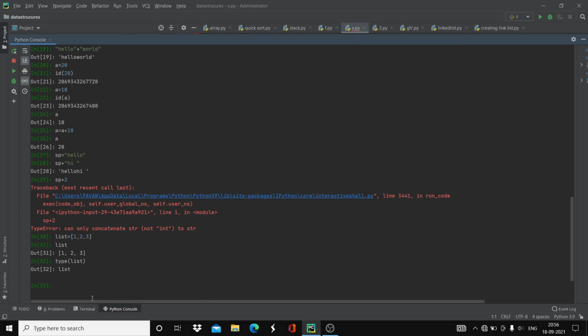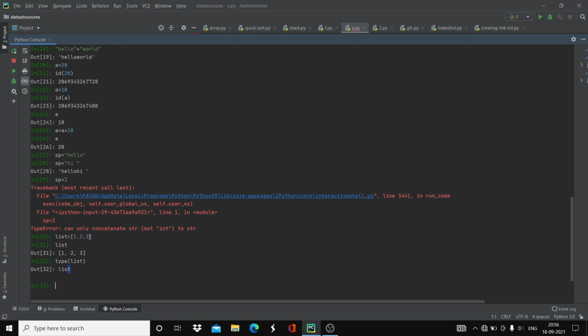Now, it is showing the type is list. So we are giving list is equal to 1, 2, 3. For example, 1, 2, 3, and actually when you see in arrays, for accessing an element, you'll write like a of 0, a particular position with the help of index. The same thing you can do in a list also. You can access through its indexes.